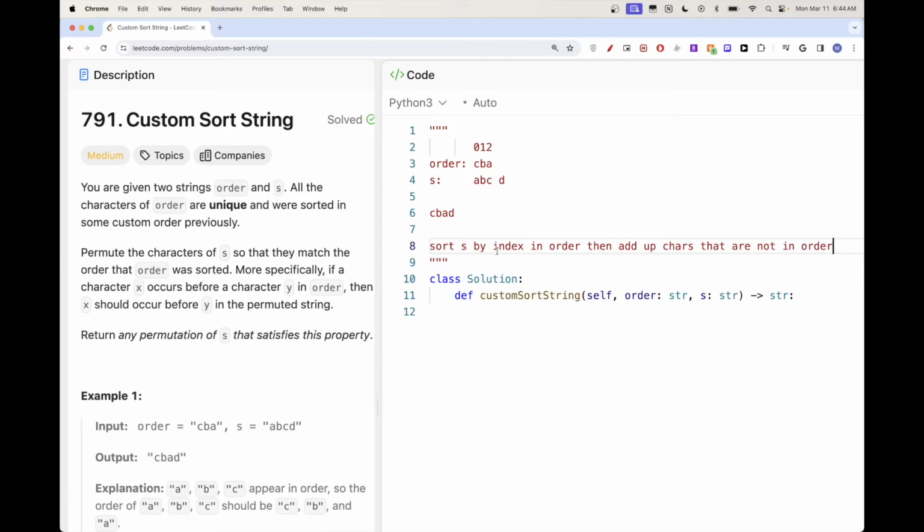But there is another way to do this for characters that are not in order. How do we just add them to the end? Well, it doesn't matter the order they are in. So let's say we have X, W, Y. It doesn't matter the order we add these in. Any order would be valid since they are not in order. And the problem here says return any permutation that satisfies the custom order. So what this means basically is we can just give them all the same index,